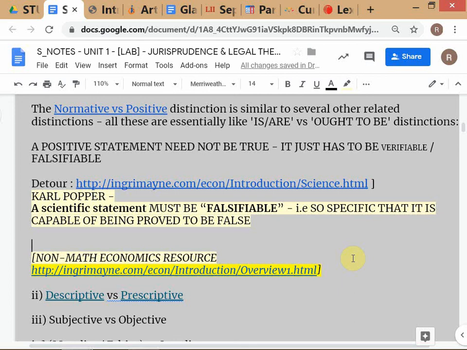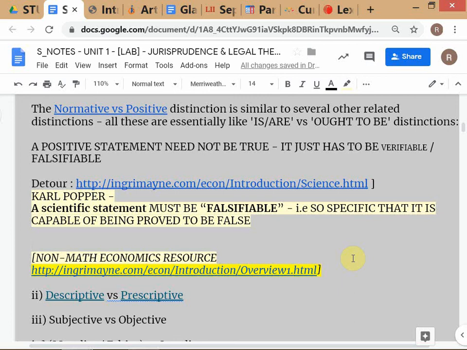So the idea of specificity is intimately connected to the idea of falsifiability, because usually statements which are not falsifiable are essentially not sufficiently specific. Most of the time experts on TV, you'll find they will make general statements, not specific. What if I say a positive statement and there is no way to test it yet?